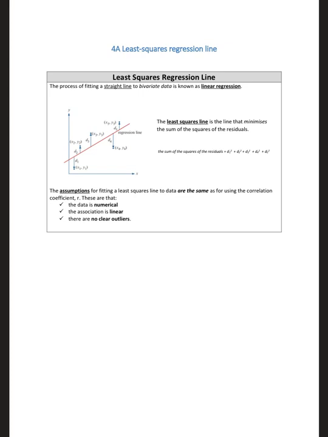Just the process of fitting a straight line to bivariate data is called linear regression. So bivariate data meaning we've got, in this case, a scatter plot. So the whole reason we do this